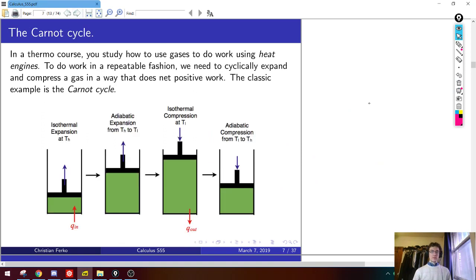So now we're going to think about a more complicated thing you could do to the gas, and then we're going to try to imagine that in the PV plane. Let me just give you some context first. This is something, as I said, you would do in a thermo class, and the motivation for this in a thermo class is something called a heat engine. The idea of a heat engine is the following. You have some temperature gradient.